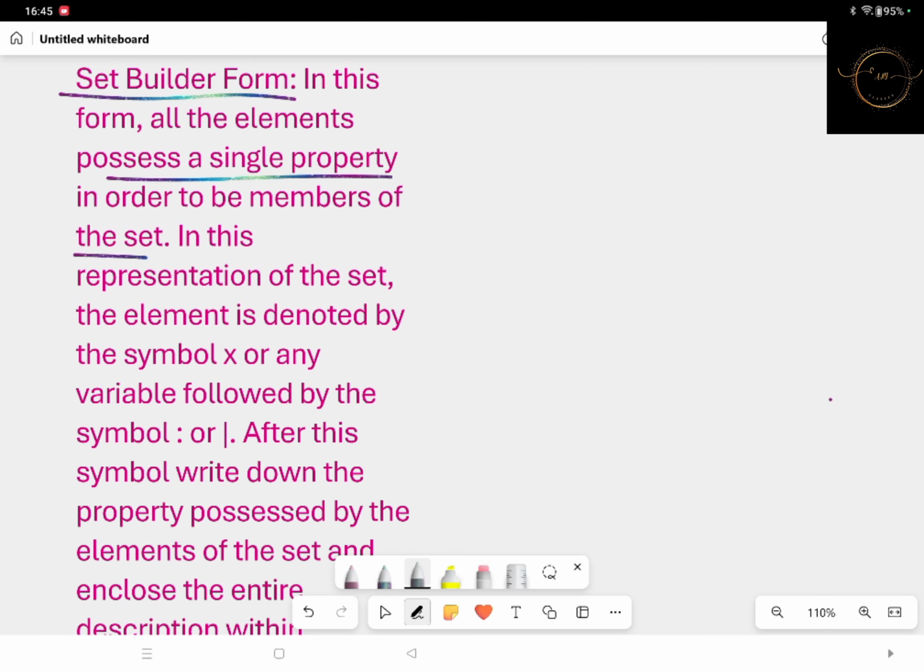It will be given, only the elements will be written and separated by commas within curly braces. You have to understand what is common between them and write it in mathematical form. So in this representation, elements will be denoted by the symbol x. Generally we write it as x, or you can write any other variable also, followed by the symbol semicolon or this slash. Like if you are naming the set as capital A, this will be equal to within curly braces